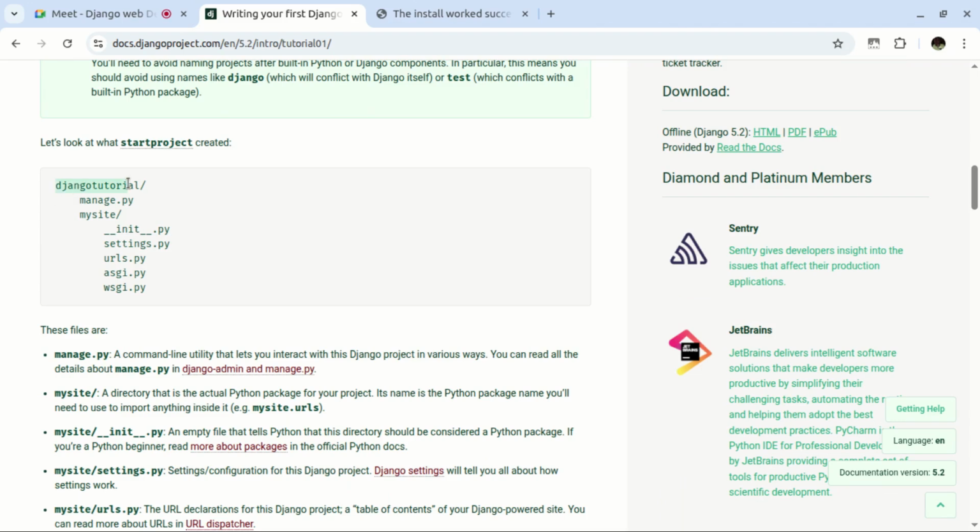So we have the project directory. And remember, once you create a project, say a project called Django project, it will first create a directory named Django project. Then in that directory, you will get another directory named Django project, and that is where we find the settings.py file, urls.py file, and the other files that we have already seen. Then at the same level as this inner Django project directory, that is where we get the manage.py file, and that's also where the